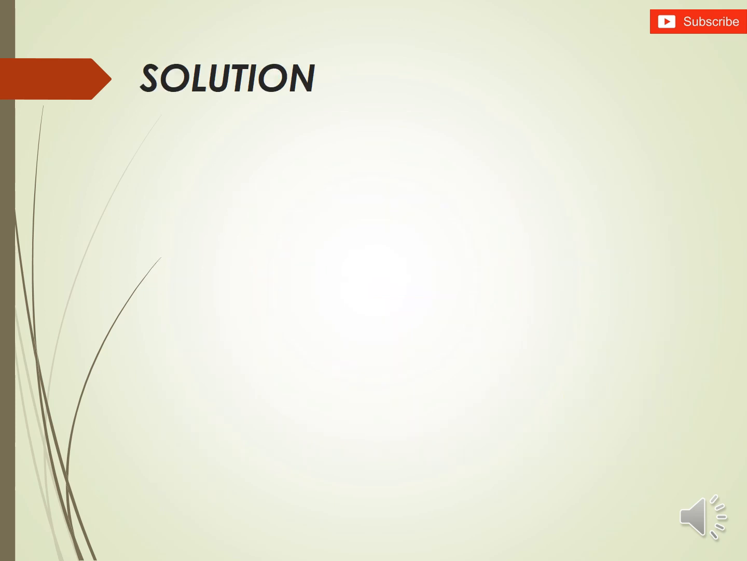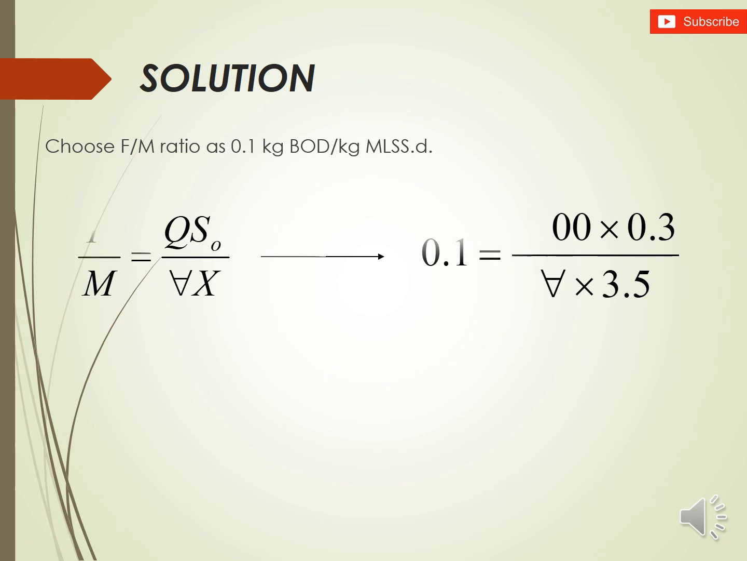So here's the solution. First, we have to choose F over M ratio, which is compatible, within the range of the extended aeration. So we choose it as 0.1 kilogram BOD per kilogram of mixed liquor suspended solids day. So using the equation of F over M, we can find the value of V. And don't forget to substitute the X in thousands. So this is, in kilogram. This is 3.5, which is